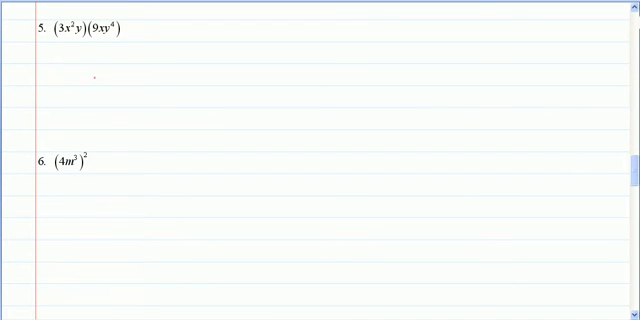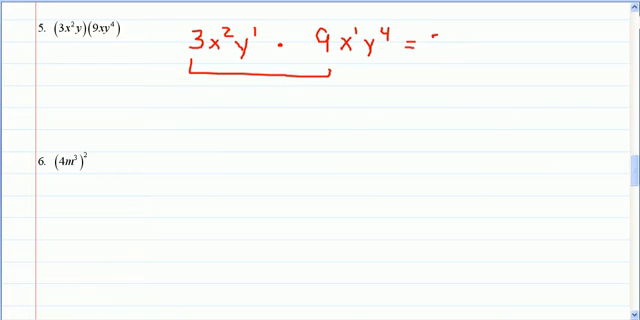For example 5, this brings us back to property 1. We have 3x squared y, and I'll write that as 3x squared y to the first. Whether or not you write the parentheses, either way it's multiplication. And then we have 9x to the first, y to the fourth, and I multiply the numbers 3 and 9 together to get 27,